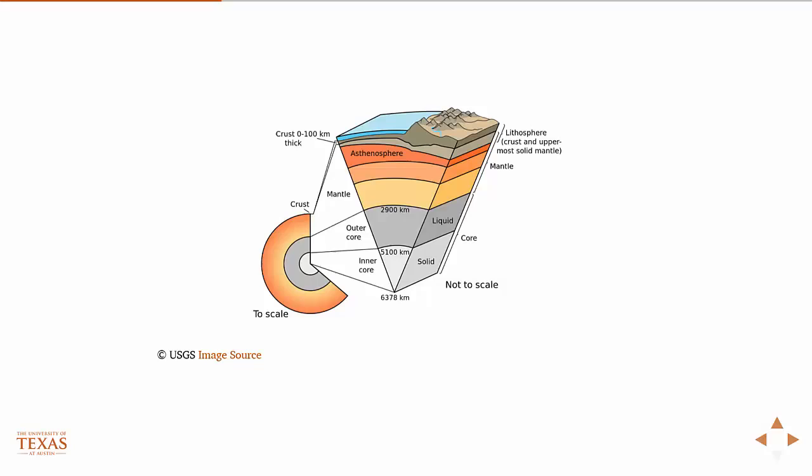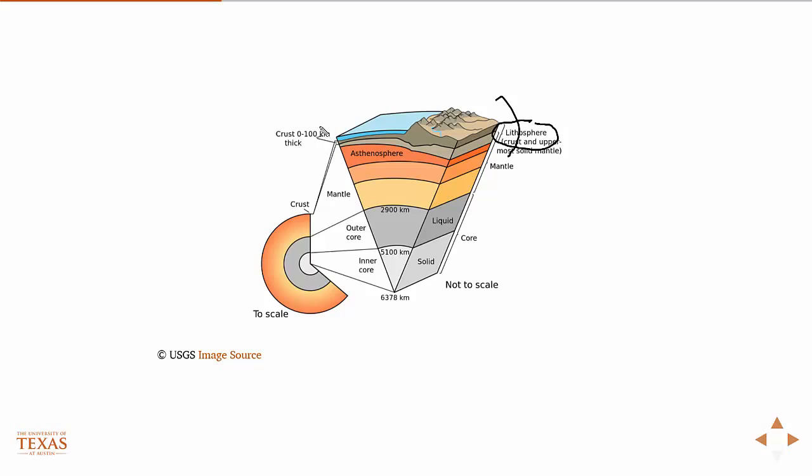So this is sort of a schematic to get more detail into what's going on up here in the so-called lithosphere. So the lithosphere includes the crust and the uppermost mantle. So the uppermost mantle has some solid material in it as well. And just to give you an idea of the scope, so the crust is,